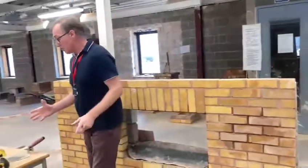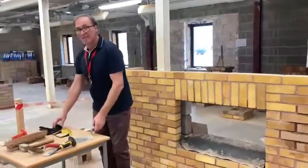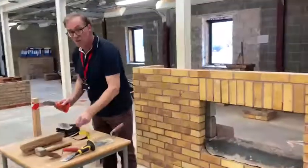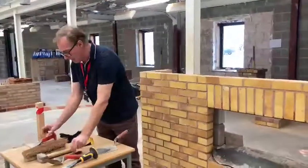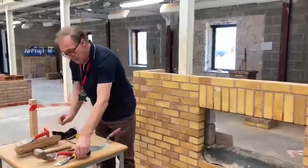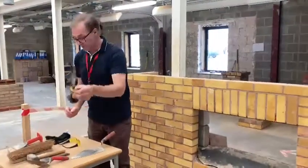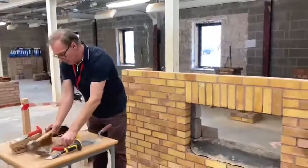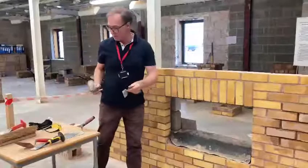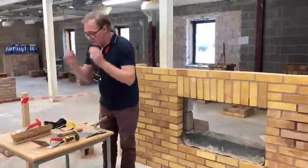We have a selection of tools here. A 4-inch bolster, a 2-inch bolster, a brick hammer, a lump hammer, and a plugging chisel. We'll take the small 2-inch bolster and use the lump hammer, but before we start, we ensure that we've got